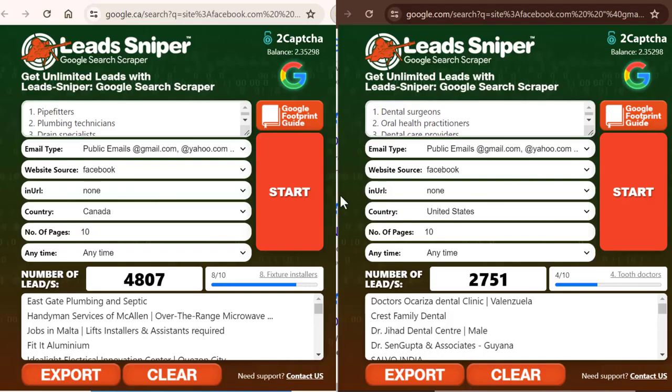So right now guys, you can see on the first browser I've been able to get over 4,000 targeted leads on Facebook, and on the second browser I have less than 3,000